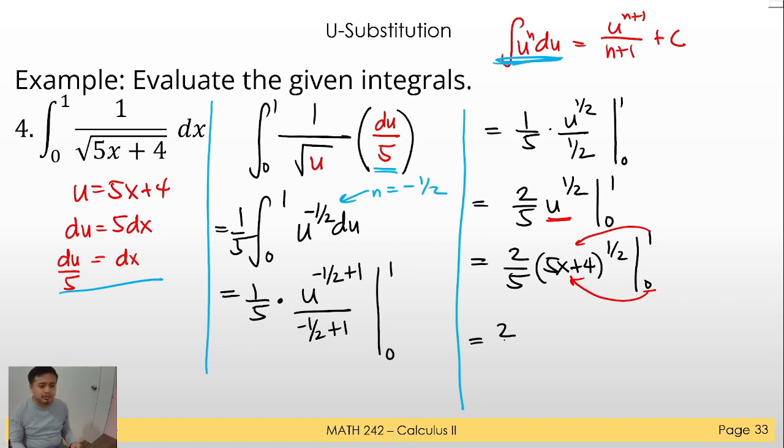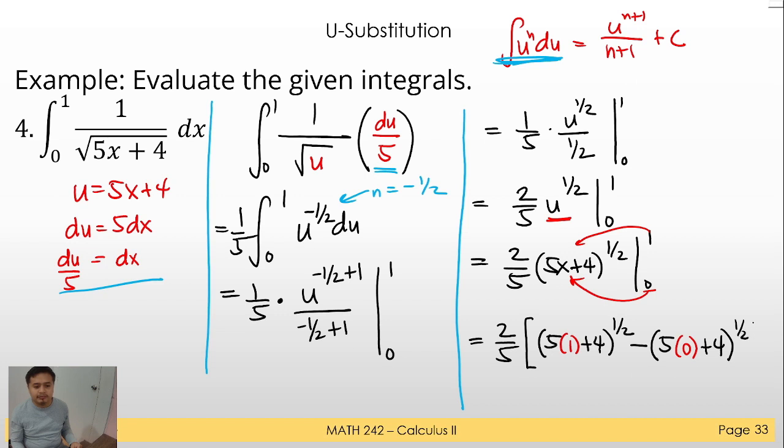So this will be equal to 2 over 5. Just set aside this constant since this will be just a simple evaluation. So 5 times 1 plus 4 raised to 1/2, and then minus, we have 5 times 0 plus 4